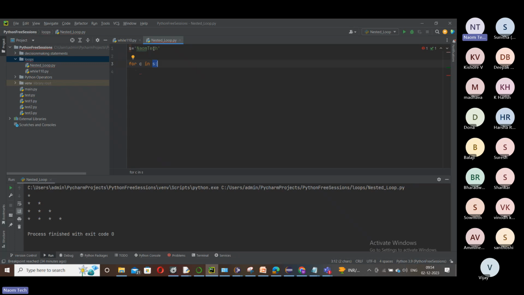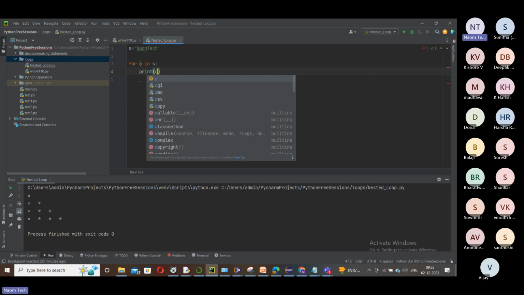Anything with a group of values is, simply speaking, a collection. So you have declared a simple collection here and then a temporary variable. That's it. Now print this c here.